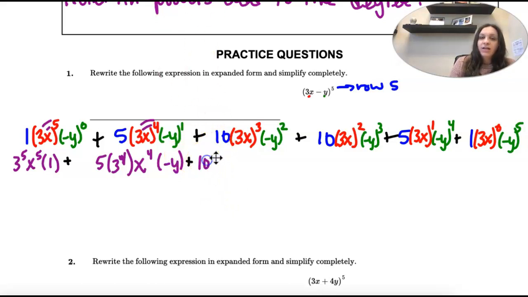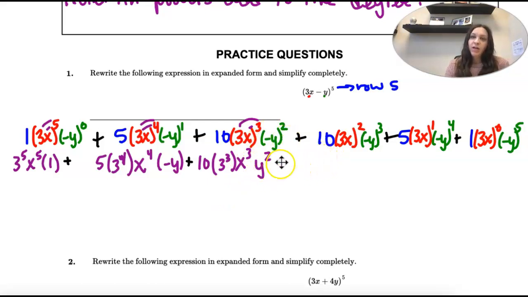We solve the 10, but now we have 3 to the 3rd, and x to the 3rd. And then negative y squared, we have a negative times a negative, which makes a positive. So it's positive y, but it's still squared. We just know it's going to be a positive number. So we're going to take out the negative. Plus